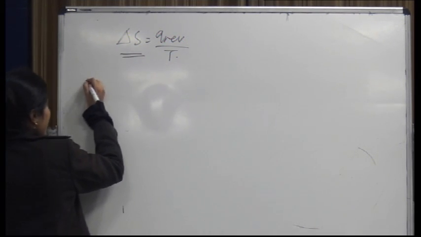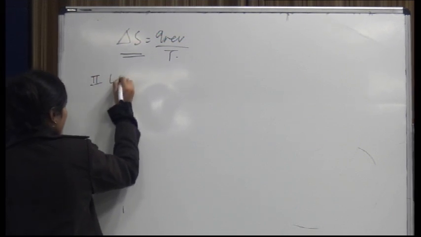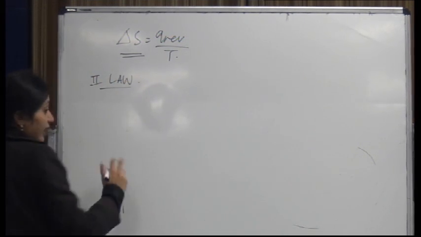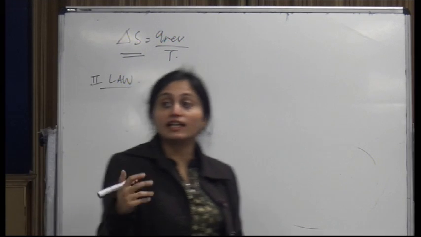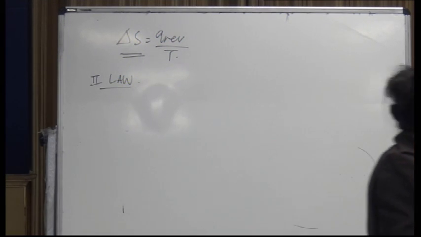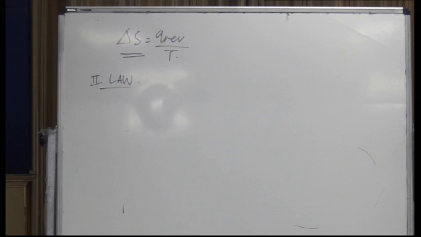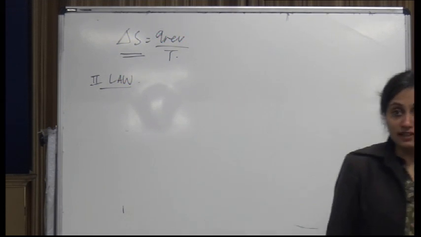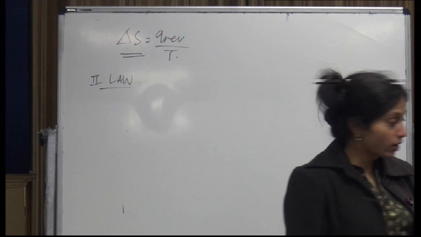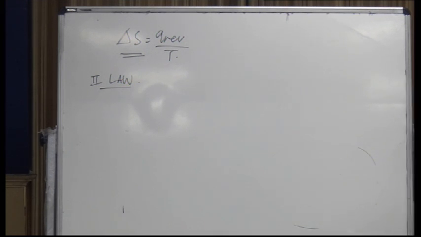This is part of the second law of thermodynamics, which states that the entropy of the system always increases. It states that the entropy of the universe, in totality, always increases. And after Carnot's cycle became famous, some other scientists also gave the idea for the second law, and it was that it is impossible for a system, listen to this carefully,